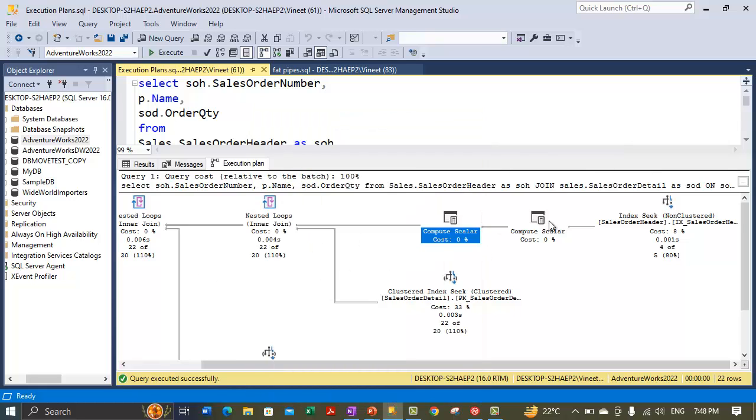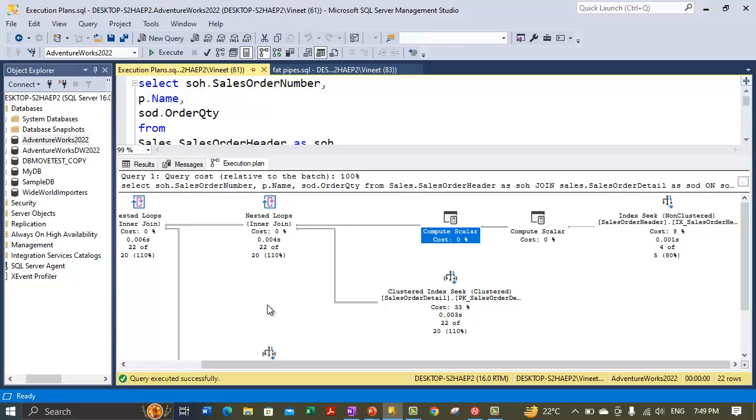Or we have to investigate a specific operator with which you are not familiar. Those are all called the extra operators. You can call them extra operators, although this is not a standard terminology. Now, if you don't know what the operator is, that should be one that draws your eyes. So here we don't know what compute scalar is. So this should keep our attention so that we can better understand how the query is